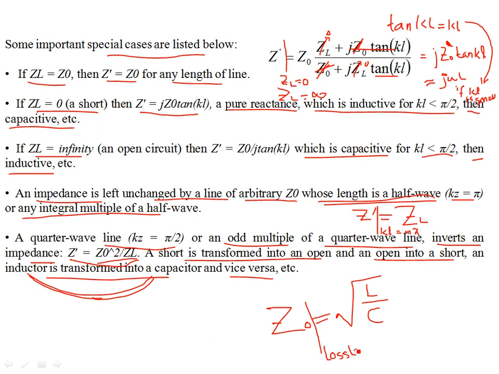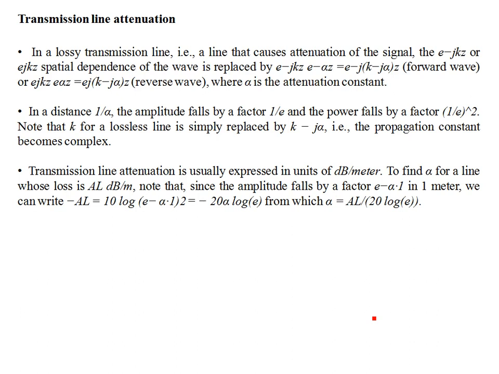What if the transmission line is lossy? That means you are considering the resistance of the wires. That means you are considering the dielectric effect of the capacitors. You are considering the shunt capacitors. So if you have a lossy transmission line, a line that causes attenuation of the signal, then what you do